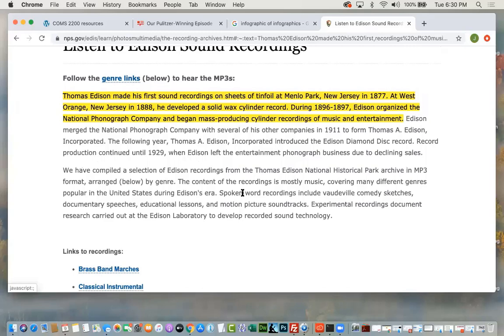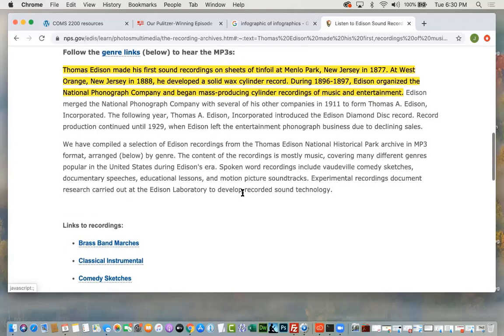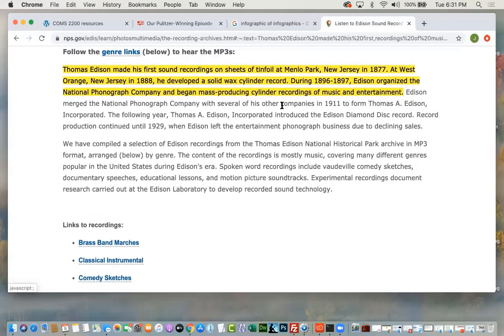So Edison experimented with tons of different materials that could essentially record the differentiation in air pressure when somebody speaks or makes a noise, to be able to both record the waveforms and then reproduce them back. As you can see here, he started with tinfoil as a way of recording things.